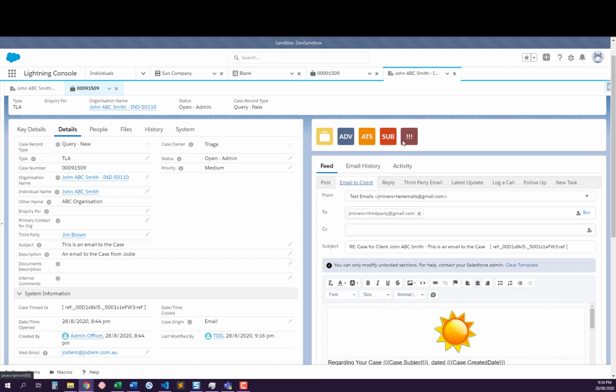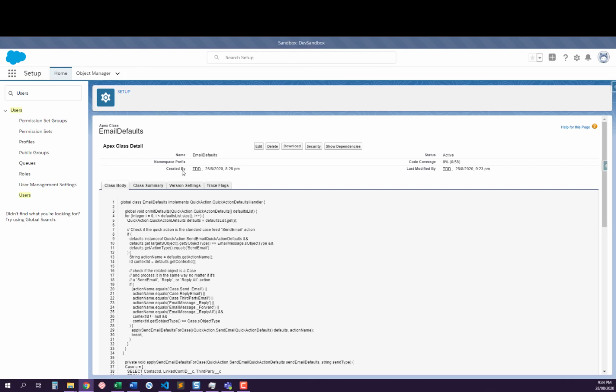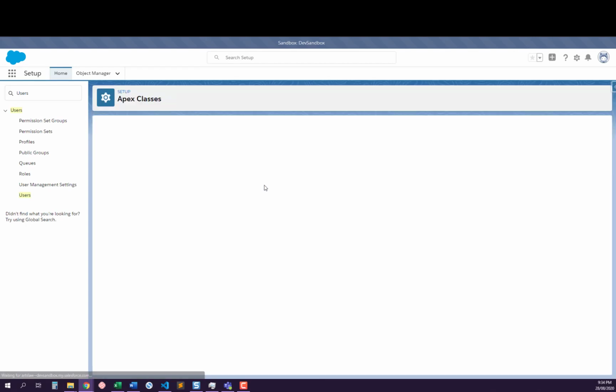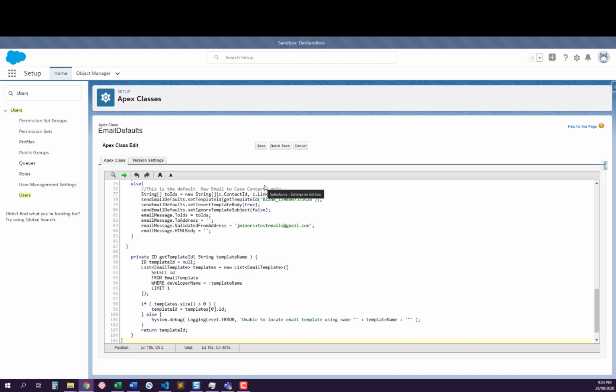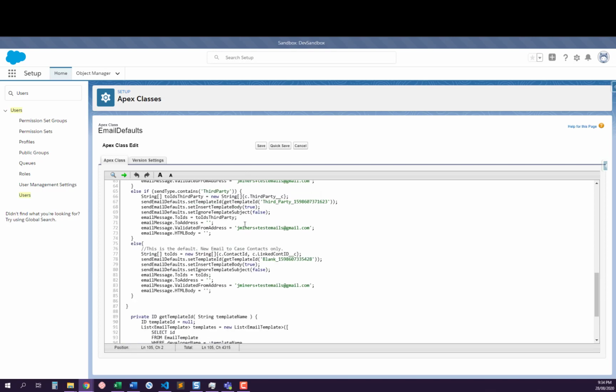Now, just while we're here, we can see that these have got some extra icons here. So again, depending on the type of the case it is and the stage it's at, some extra icons will appear there. So let's have a look at the code. And it looks a little complicated, but now that we understand how it's meant to work, we can